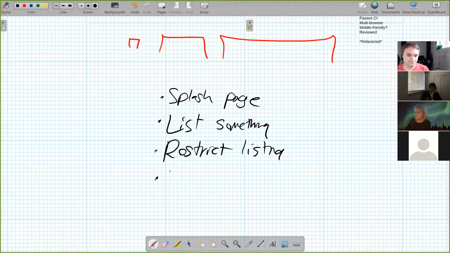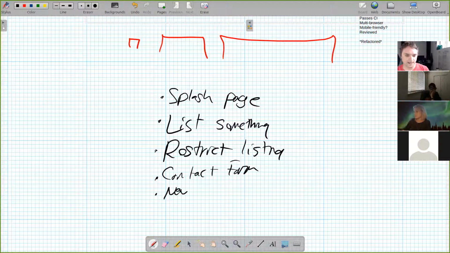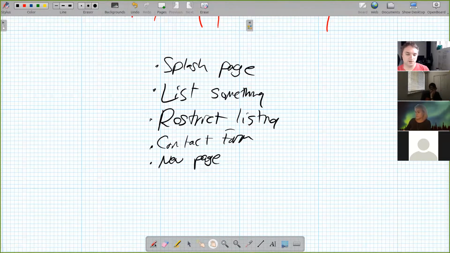A contact form. That's a feature. A new page, it's usually a feature. And like the new page might even be what we call an epic, which is a feature that needs to be split into smaller features. Now we're adding a page, and this thing